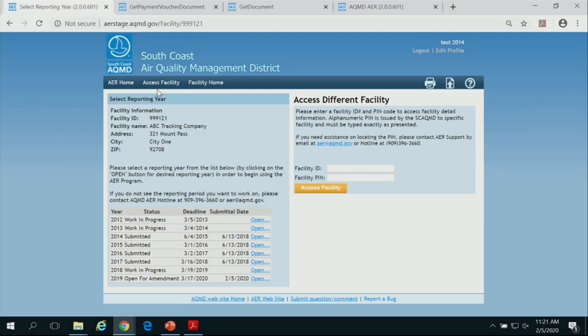For these action items, we only implement changes requested by the facility. So use your email address for the company, so we know you're representing the company. You're the person in charge, not the consultants. If a consultant sends us an email saying this facility changed this or that, we usually reach out to the facility contact, so we don't take any actions. So make sure you use your company email.